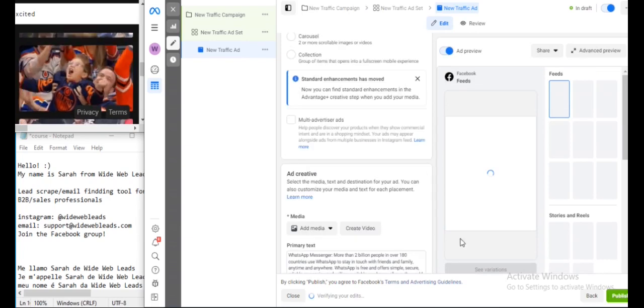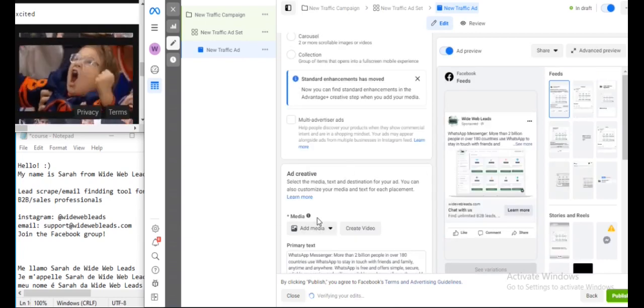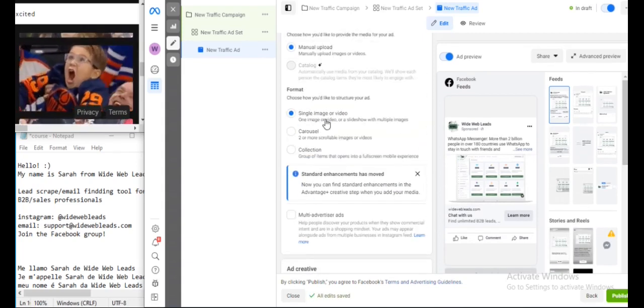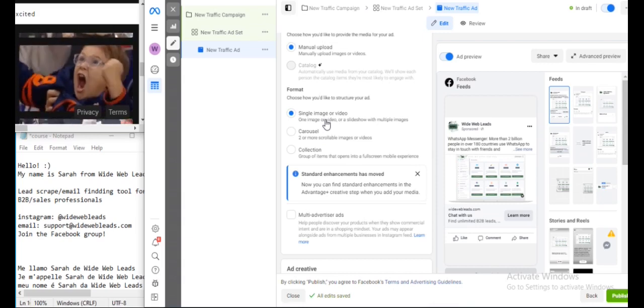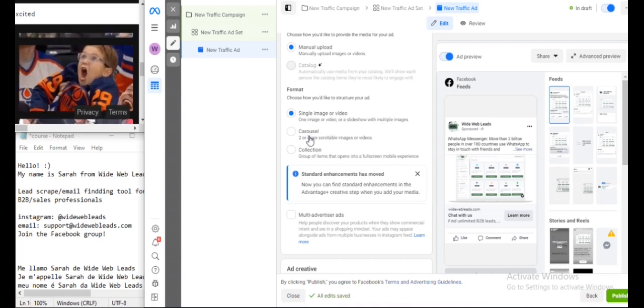But for some reason, if your original post doesn't have a link, they will ask you to add a link there, and it just seems more complicated than just uploading a new image or video again. But yeah, you get the idea.